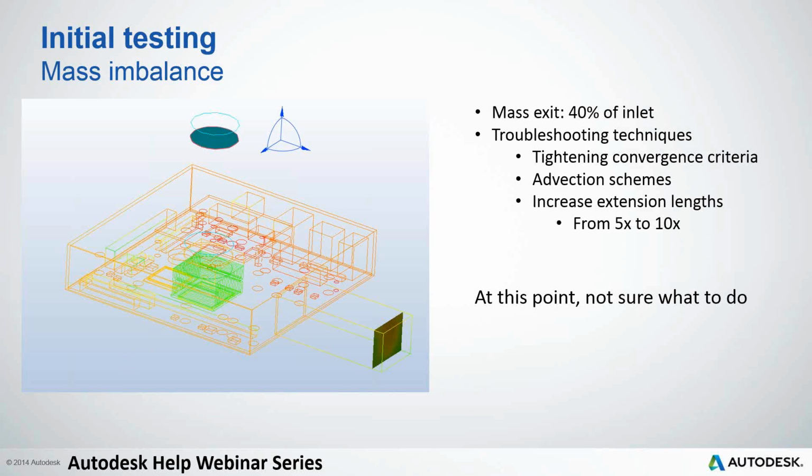So if this happens to you, here are my troubleshooting techniques. I'm going to tighten the convergence criteria, which is just going to make you run more iterations. I tried different advection schemes, but you should never see a discrepancy like that based on an advection scheme. And then I increased the extension lengths. I went from 5 times the diameter to 10 times, and it still